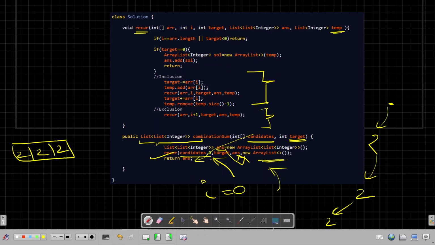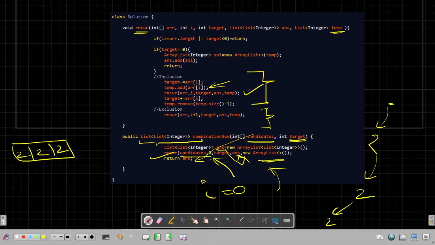When I include the element, I'll subtract its value from the target. So its value would be subtracted from the target, and I'll add that to the array list so that I can keep a note of which elements are there. Then I'll do a recursive call.